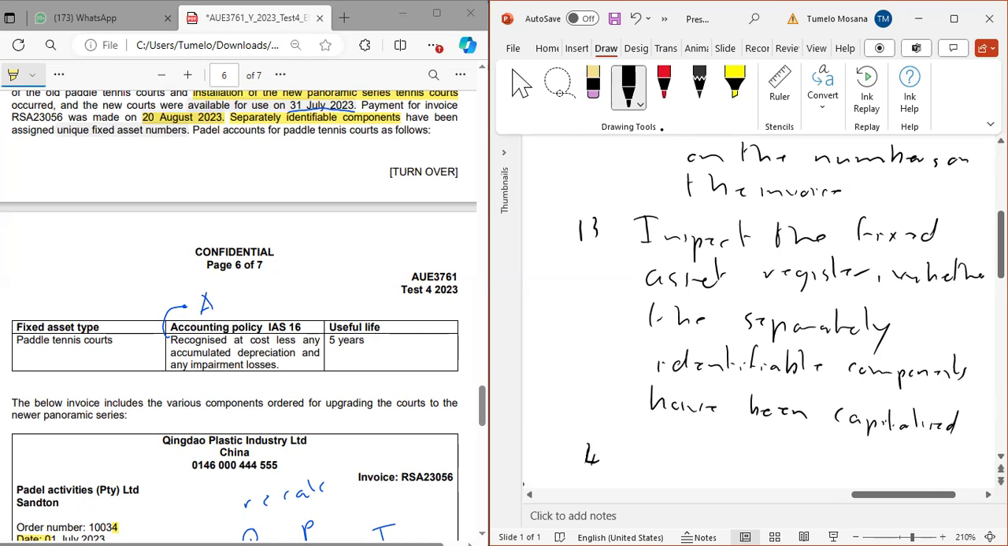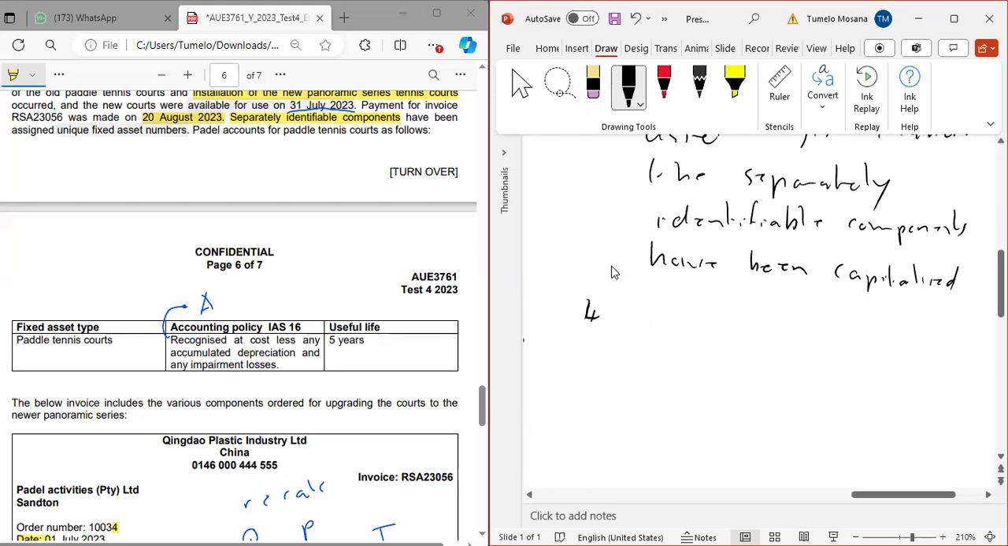So that's what you can do with the separately identifiable component, right? So, for the tennis court, the moment we start seeing depreciation, we know that we are dealing with accuracy and valuation, but you don't need to state it at all. What you can state, right, is you can say